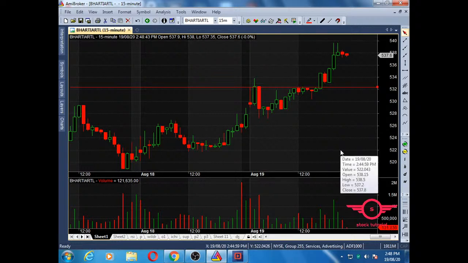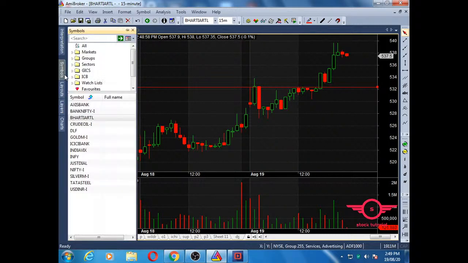AmiBroker is the best choice if you can afford it. AmiBroker is meant for day traders, intraday or futures. This is a 15 minute candle. Suppose I am checking now